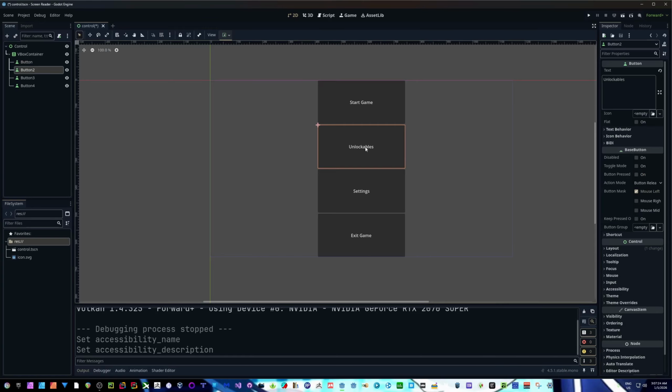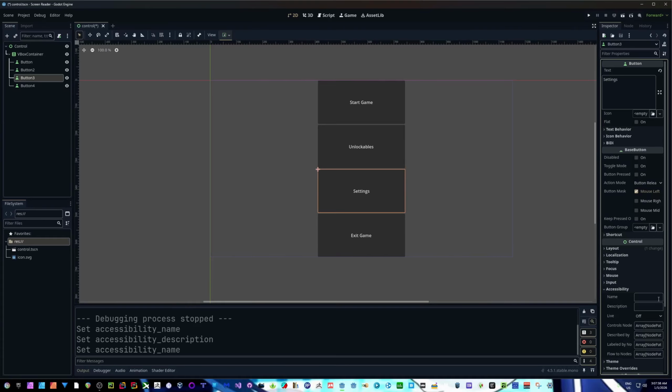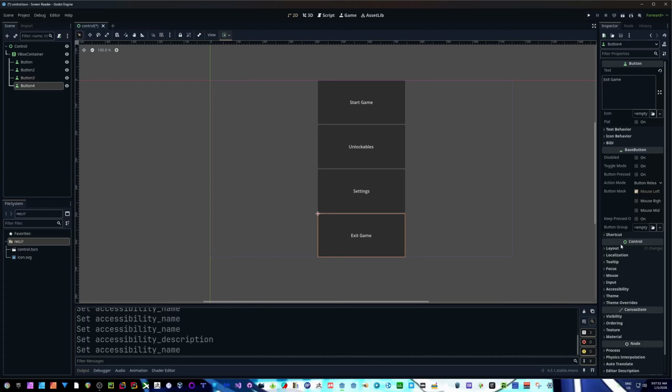All right, so I'm going to go to my next one, which is called unlockables. I'm going to go to accessibility, name, and let's just say it opens up the unlockables screen. Settings, accessibility, we use name, opens up the settings menu. And again, let's go ahead and do this differently. We'll put that in the description, and for name, we'll just call it settings. And exit, of course,